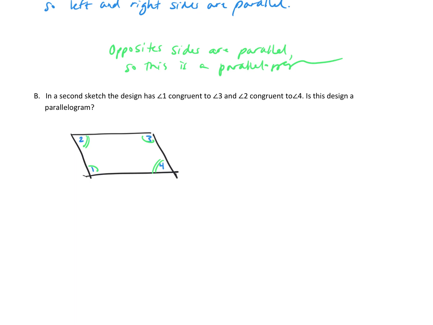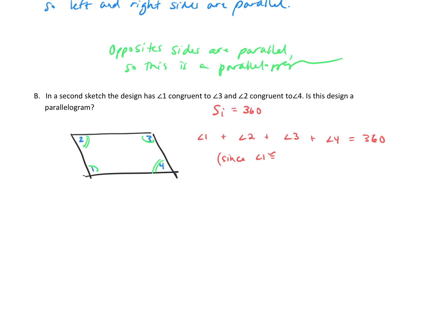We have 4 sides. We also know that when you have a quadrilateral, the sum of those interior angles will be 360. Hopefully that's becoming a more common sum of interior angles for you. So what that means is if you add all the angles together, angle 1 plus angle 2 plus angle 3 plus angle 4, those are going to add up to be 360. Well, we also know